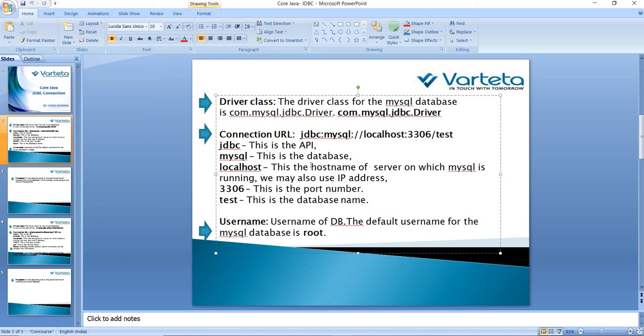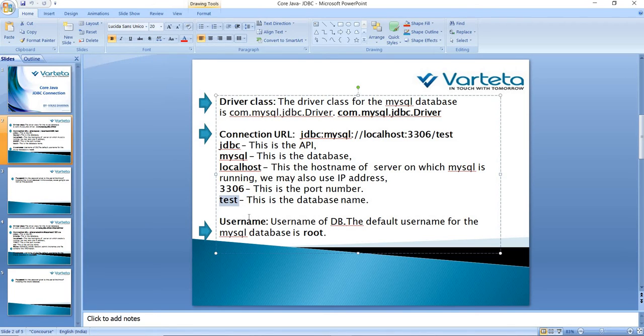We can use the IP address also if the database server is configured on another server. This is the default port of the MySQL database. If you are using MySQL on another port, then you can define it here.